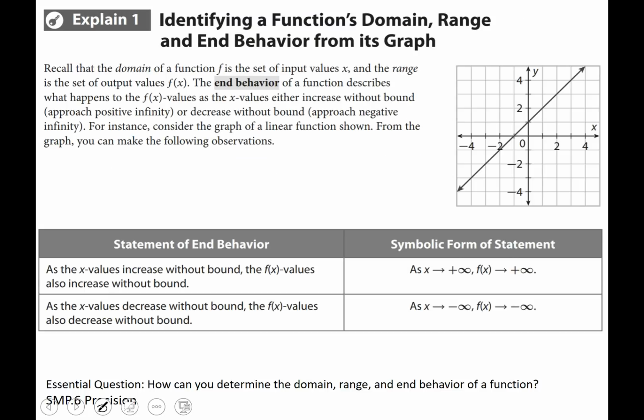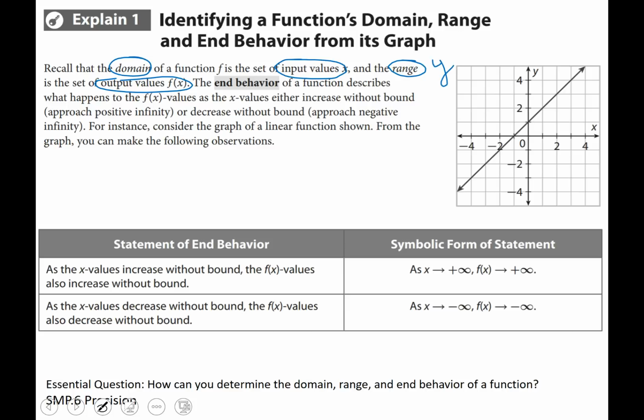All right, so we're going to go through this explain one now. Identifying a function's domain, range, and end behavior from its graph. We call it the domain of the function F, the set of input values. So that's something that you might want to circle or underline. Domain is input values. Range is output values, or f of x, or really what we would say are the